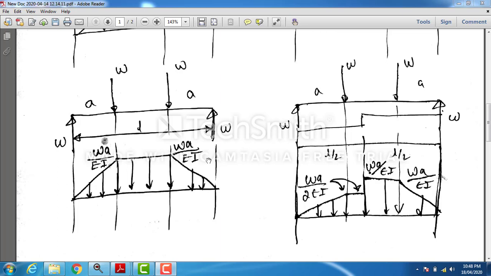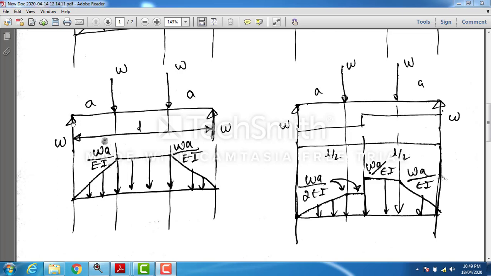Today I am going to teach you about the conjugate beam method, where we will be finding deflection at a point for a simply supported beam carrying 2-point loads. So here is an example which I am taking. I have a simply supported beam of span L, carrying 2-point loads W at equal distance from the supports. From the left support the load is at A, and from the right support the second load is also at A. So the load is at equidistance from either support.